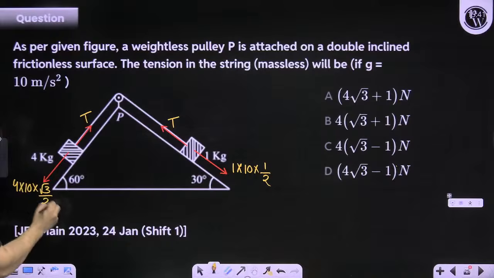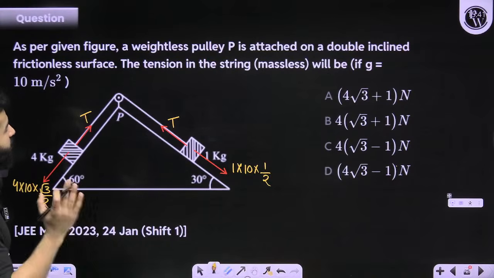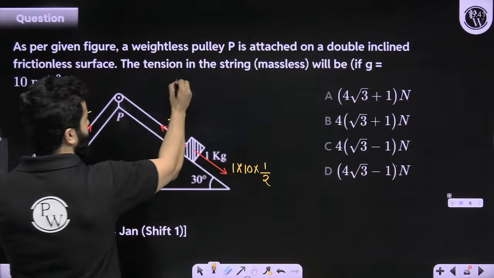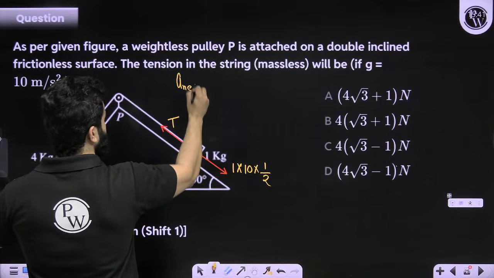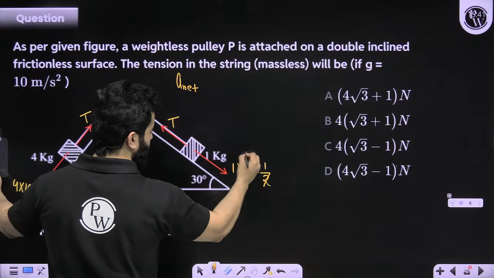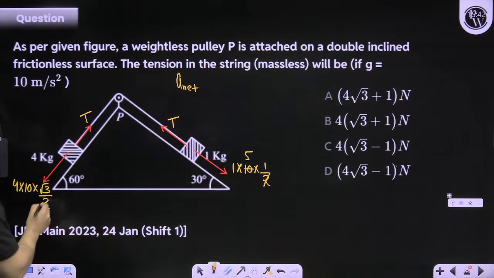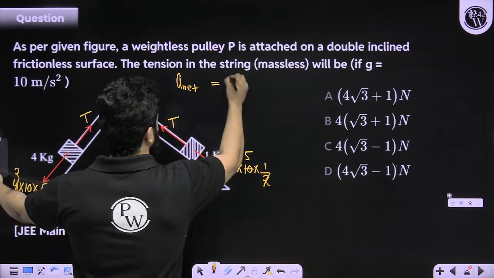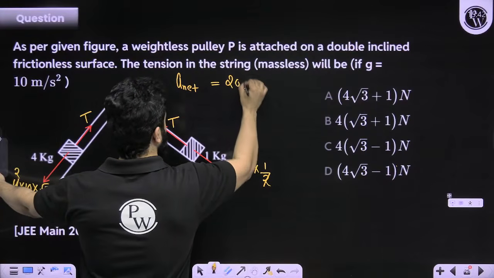Sine 60 is root 3 by 2. Friction is not there. Frictionless surface, right? So A net will be, kindly see, this is 5 Newton. This is of course 20 times root 3, so this is greater. So we are going to write 20 root 3